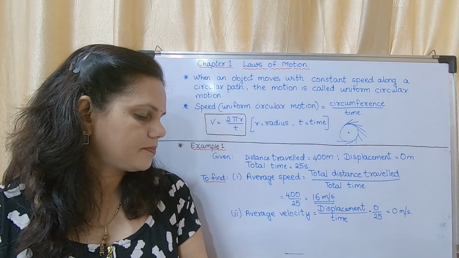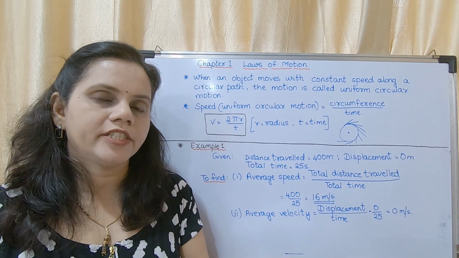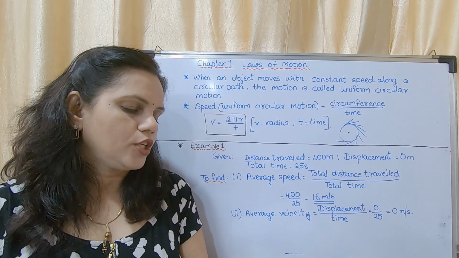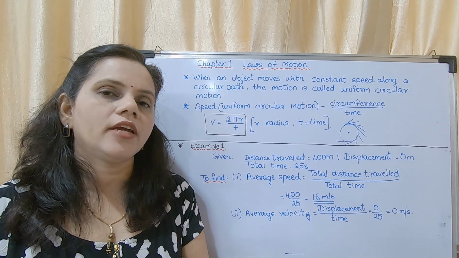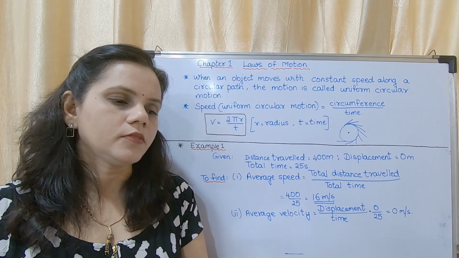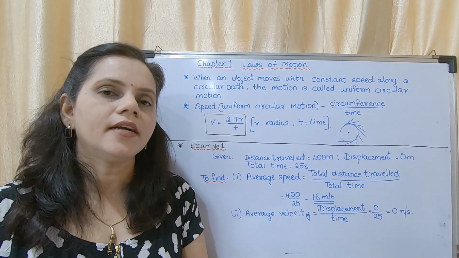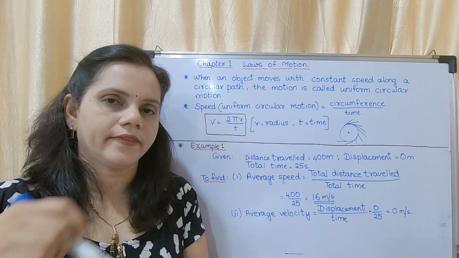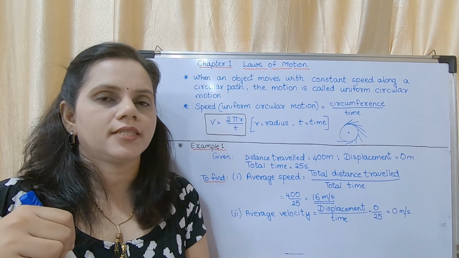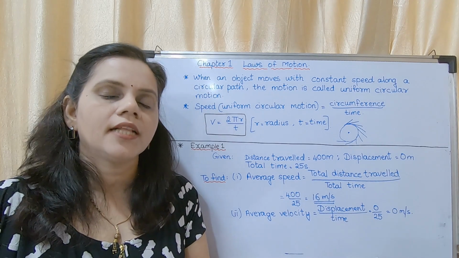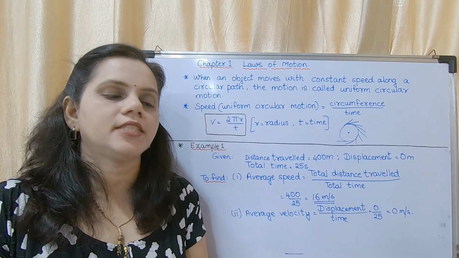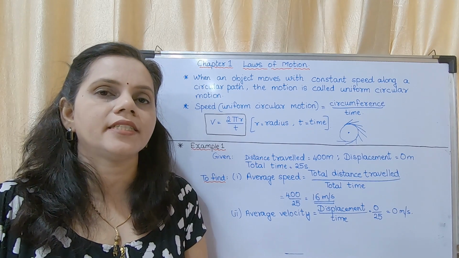Now there is an activity given in figure 1.11. There is a disc which is moving in a circular motion. You have to place a coin on that. What will happen to that coin? The coin will get thrown away in a particular direction. It won't continuously move in the circular direction. That direction is said to be tangential. It is said to be tangent.